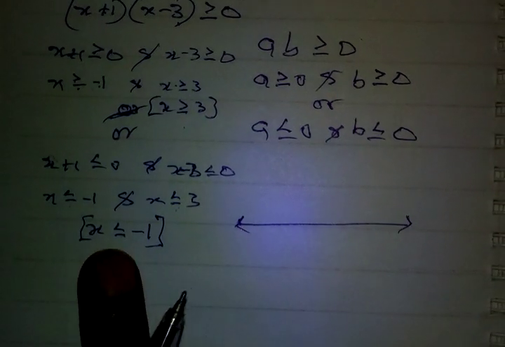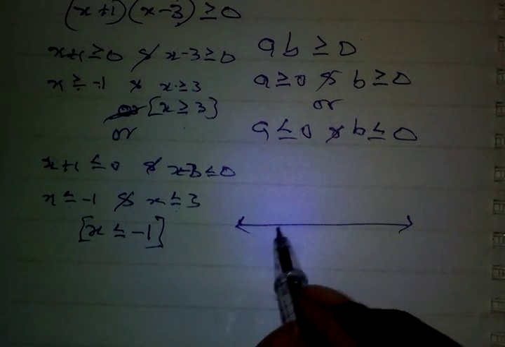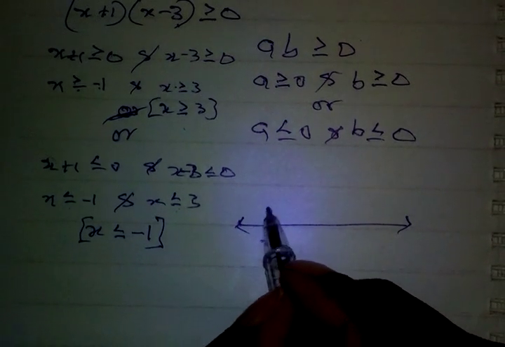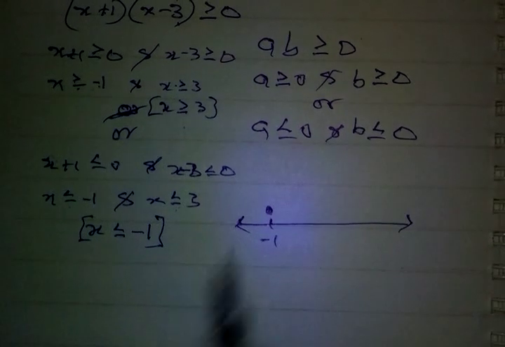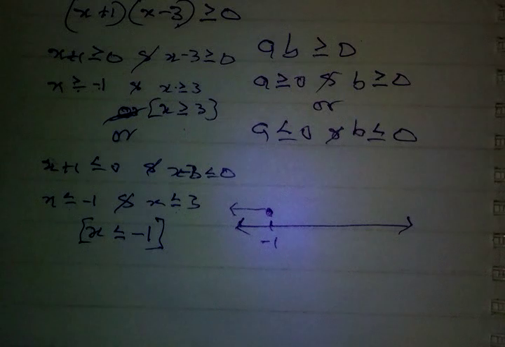Okay, when we say x is all numbers that are less than negative 1, it follows that a solid dot at negative 1 inclusive, are all values of x that are less than